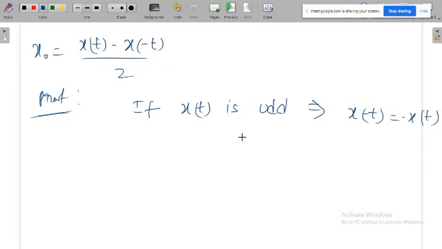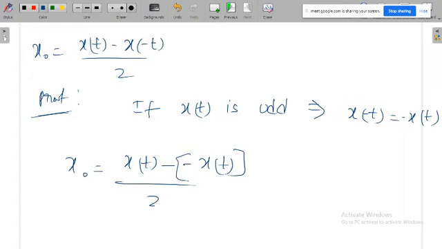So once you substitute that, instead of x of minus t, what can you substitute? Already minus is there. What about x of minus t? That is minus x of t, so x of t plus x of t, divided by 2,